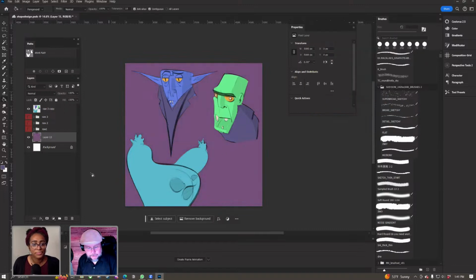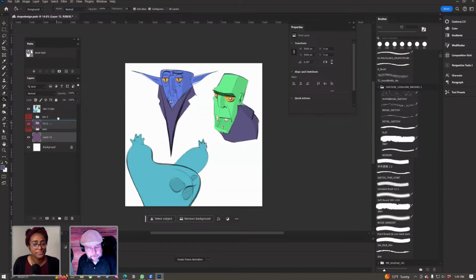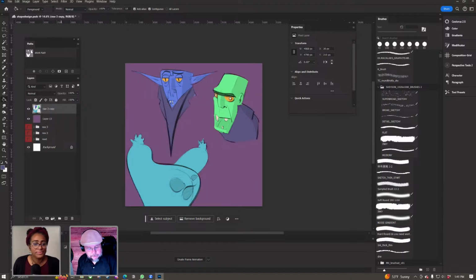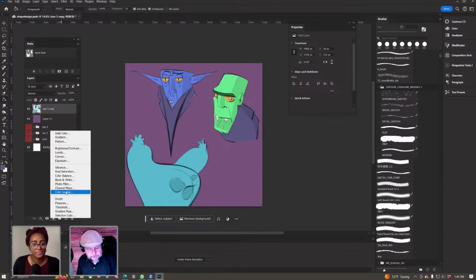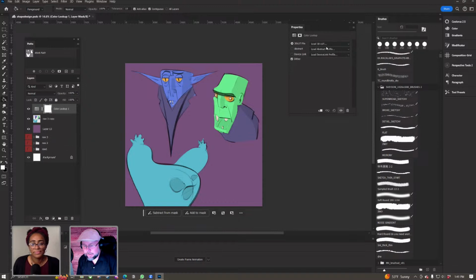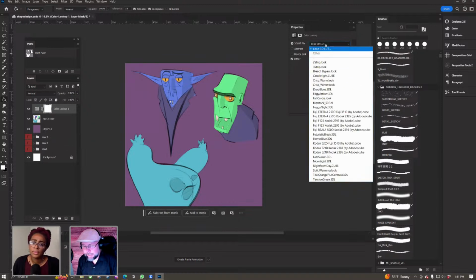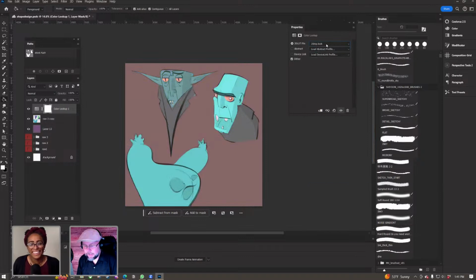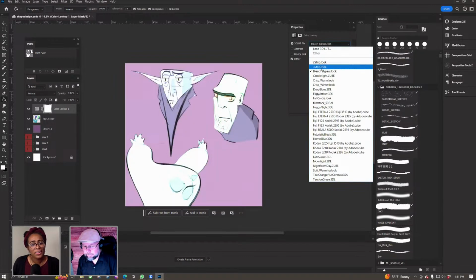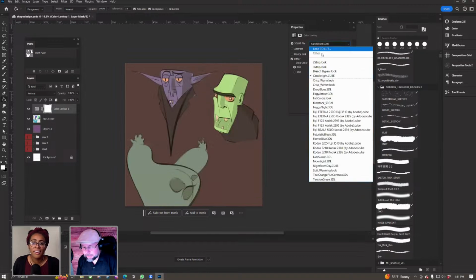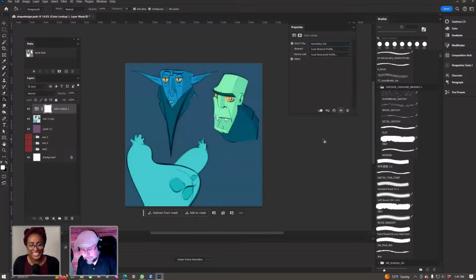So now that I have a background color, let's move it up here. With this, the first thing I like doing, my favorite, is color lookup. This is basically Instagram filters put in here. If you click it, it changes up your color look. That one gets a little scary, but there's one, where is it? Horror blue. I never knew about this. That's so cool. So I have this now, and you can do all sorts of things, like bring down the opacity to bring back some of your original colors.